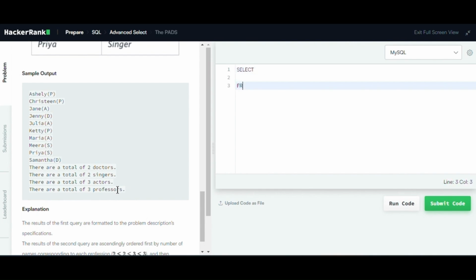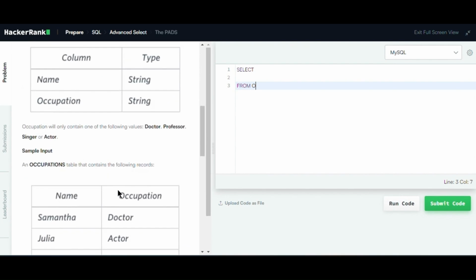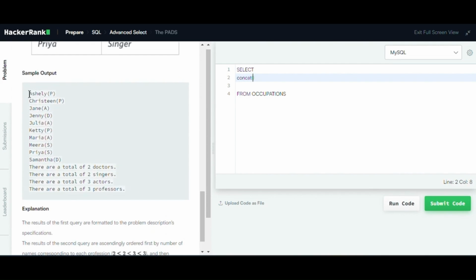So for the first query, from occupations, so my table name is occupations, and I want to find, so my format will be, so this is how my format is. So this is the respective name, so concat name, comma, then I want opening parenthesis, okay,